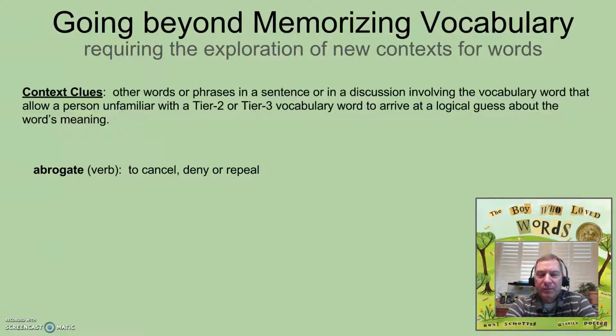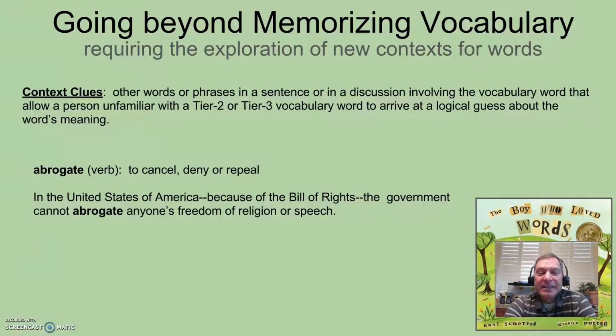If we took the first word from that list I just showed you, abrogate, and I gave you the definition. If I didn't give you the definition, if I just gave you this particular sentence, this sentence has a good enough context clue that you probably would be pretty close to guessing what the word means. And like I said, we teach our kids to read the words around a word to pick up context clues. What we don't do very often, and this is what I do to up my instruction, is I teach them to write their own context clues.